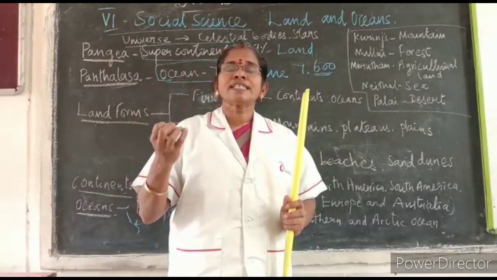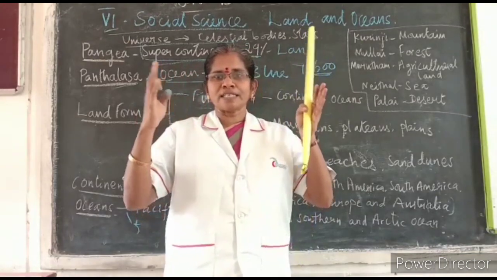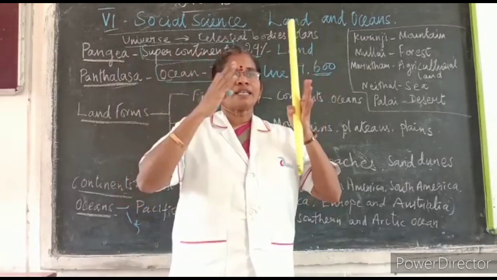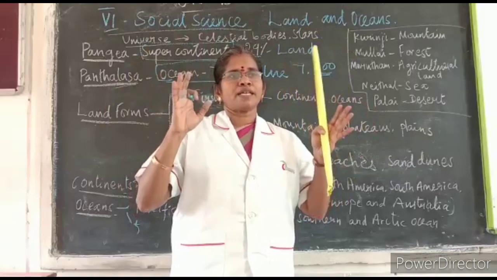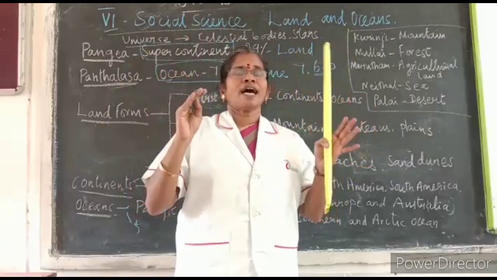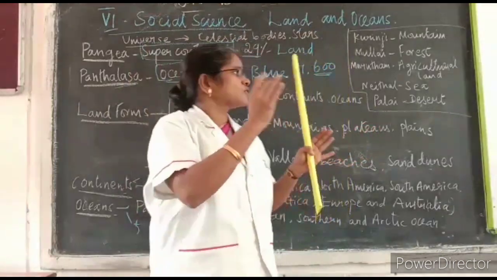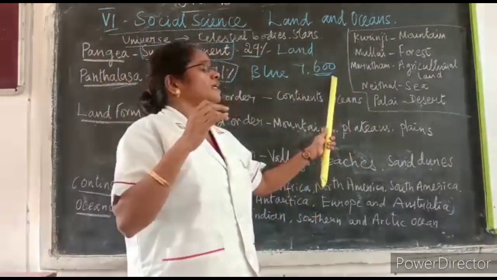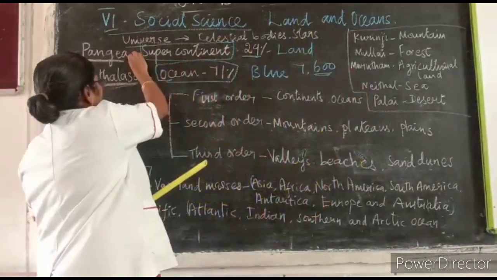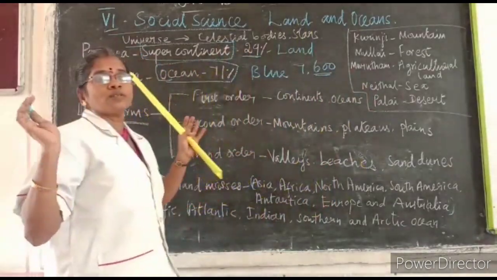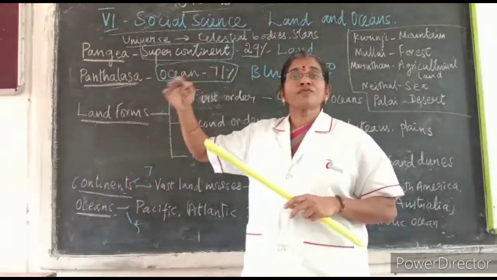Because of the internal heat of the Earth, little by little it is expanding, and the land masses moved away, and now they are placed at particular places with water bodies in between the continents. Is it clear? So 600 million years ago it was clustered together, and we call that Pangaea. And all the water bodies clustered together, we call that Panthalassa. After that, because